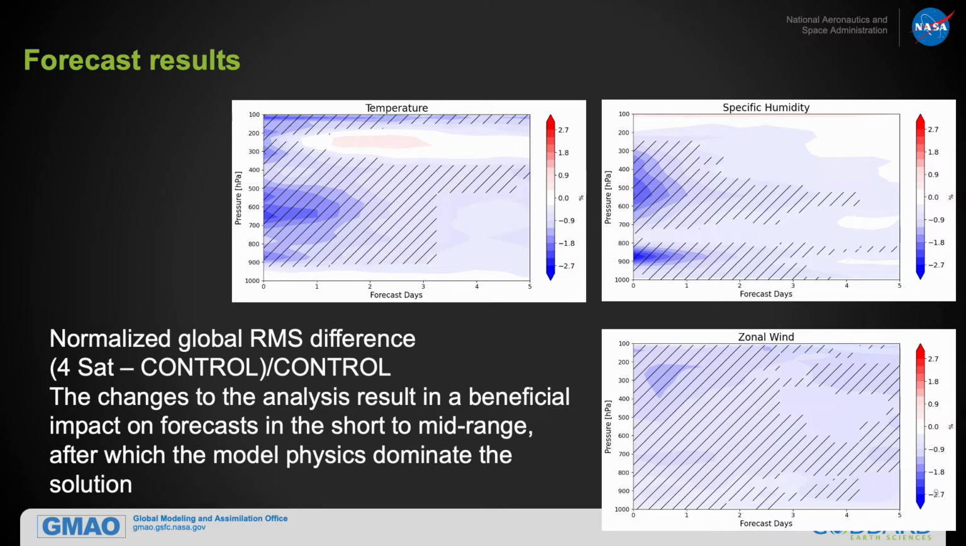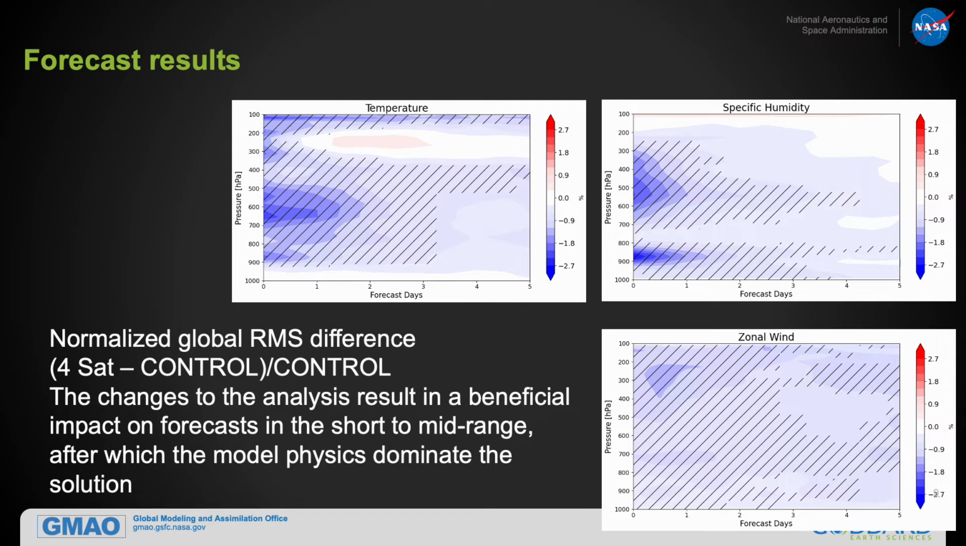Hatching indicates significance at the 90% level. In this case, the x-axis represents forecast time. As before, blue indicates an improvement in the 4SAT experiment compared to the control due to assimilation of geostationary IR sounders. Generally, the improvement is largest in the short to mid-range, with the largest improvements within the first 48 hours, and decreases with time as the differences in model physics between the data assimilation system and the nature run begin